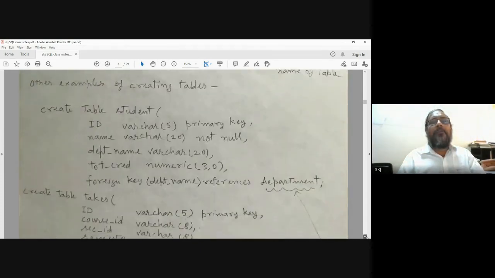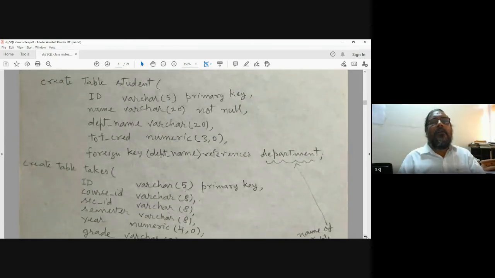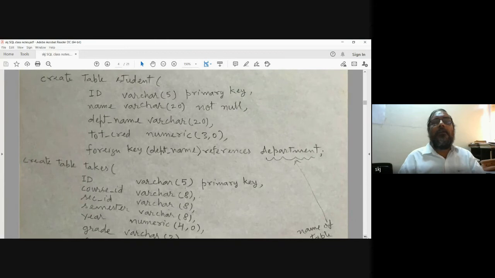Other examples of creating tables here: create table student, with variable character primary key. Now you can also write primary key directly as the constraint on the attribute, instead of writing it separately after the attributes.